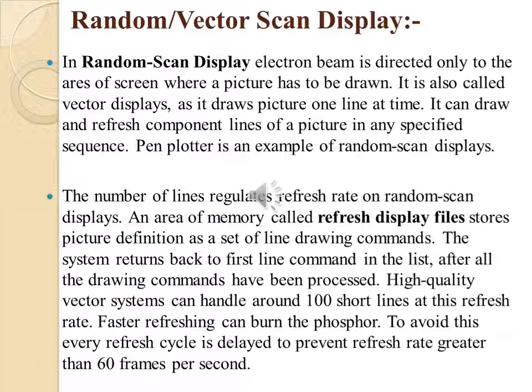On the screen, each line segment is drawn by the beam passing from one point on the screen to another, where X and Y coordinates define each point. The number of lines